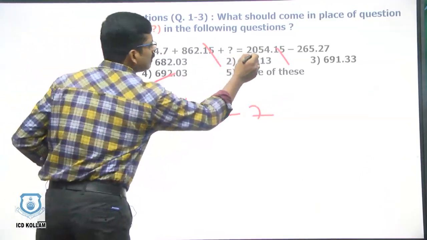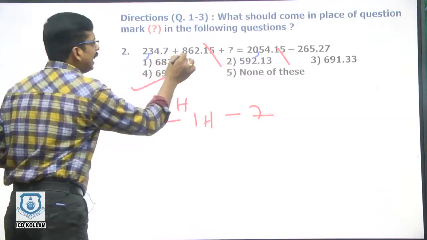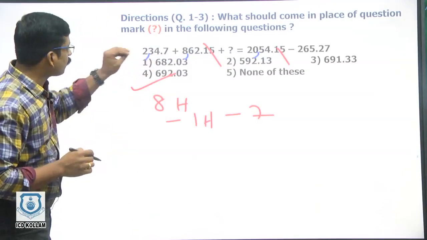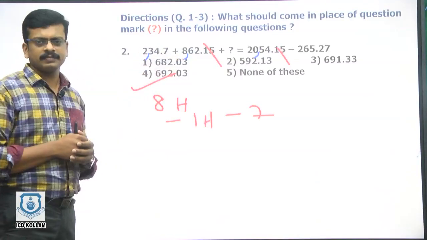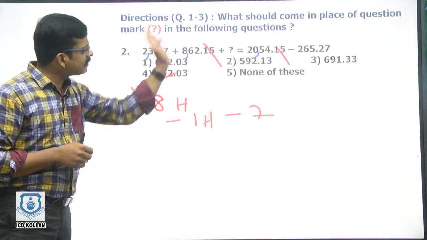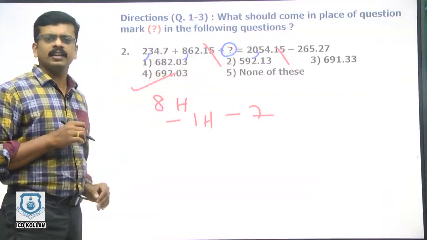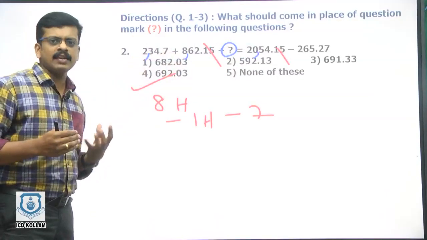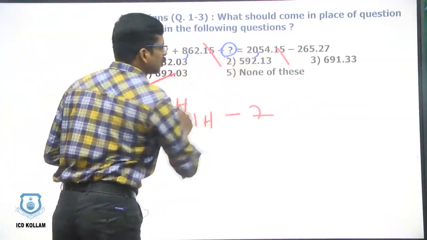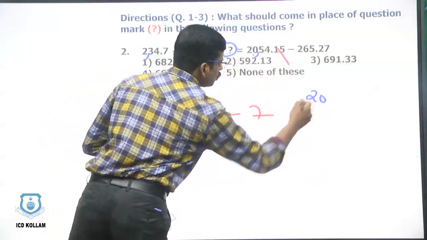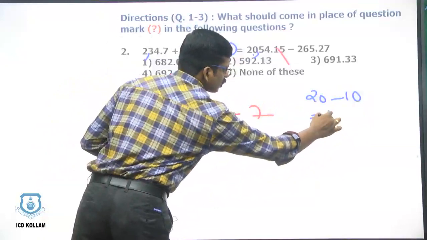Here, first I take this as 20, 100. This is 200 and 800. Both are on the left side. So left side together form 10 hundreds. While shifting that 10 hundred to the right side, because we need to find this question mark, so we need to shift all other things to the right side. As a part 8 plus 2, 10 hundred shifted to the right side, it will produce minus 10 hundred. So that minus 10 hundred produced from this 20. Already we have 20. So this minus 10 hundred then together produce a 10 hundred.